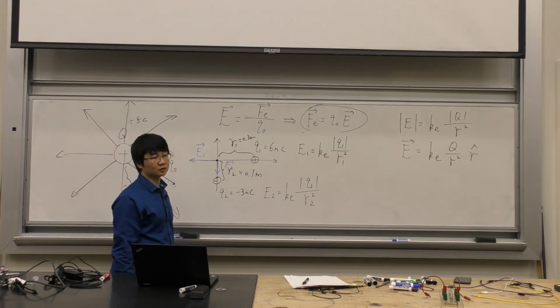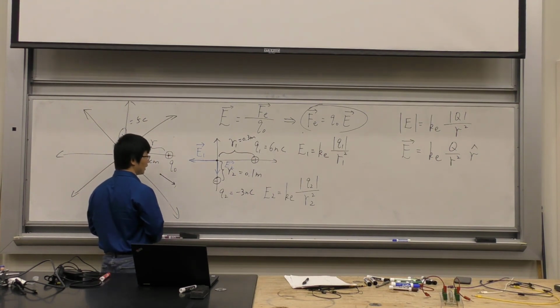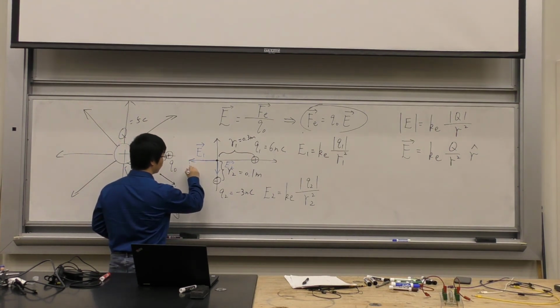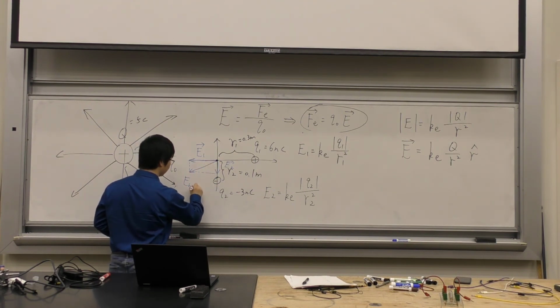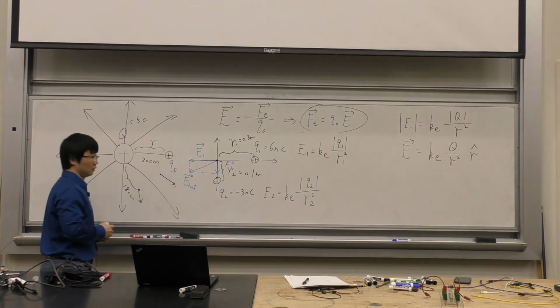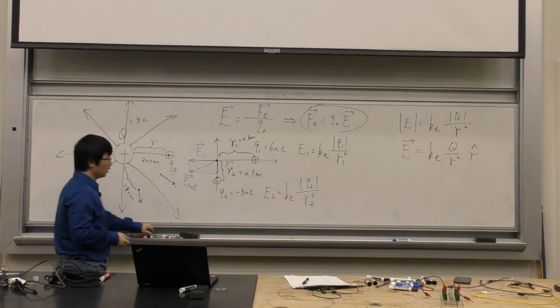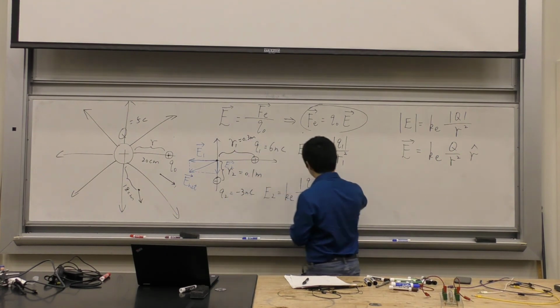I already have them as xy components. Then how do you combine them to find the net electric field? Well, that's easy. I know how to draw that pictorially, right? That's going to be the electric field, the net electric field. All right, so now you see that all I need to do is just find these two numbers and then